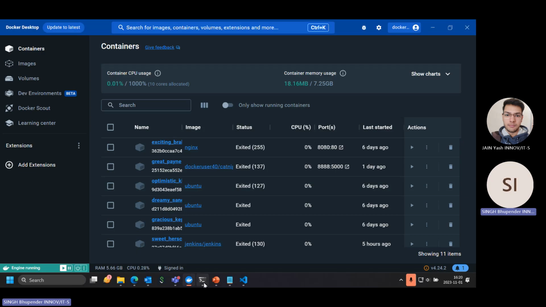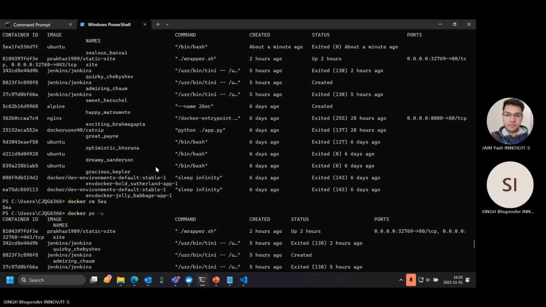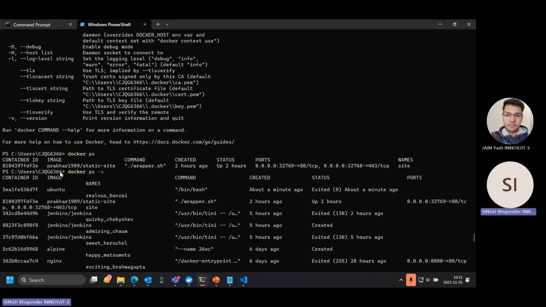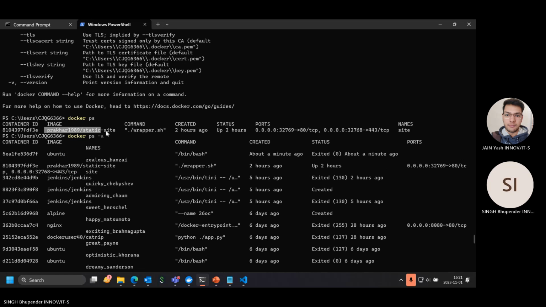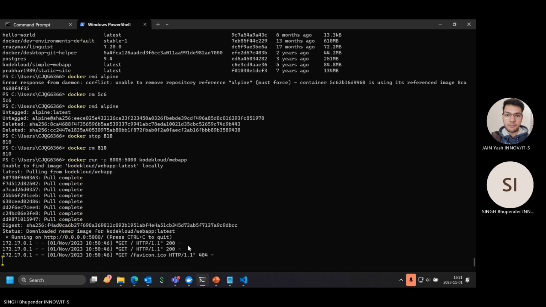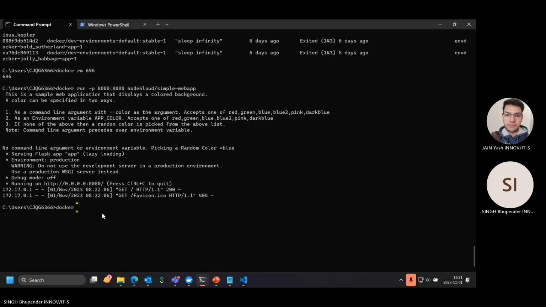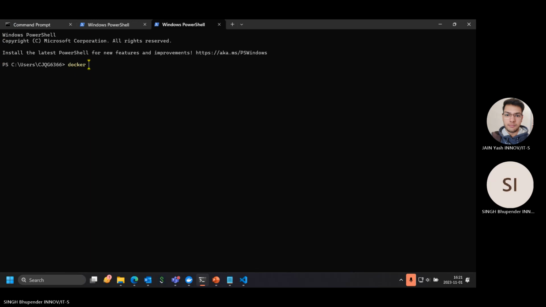And if we run the previous command of this static site, we can also use the dash d flag to detach it.